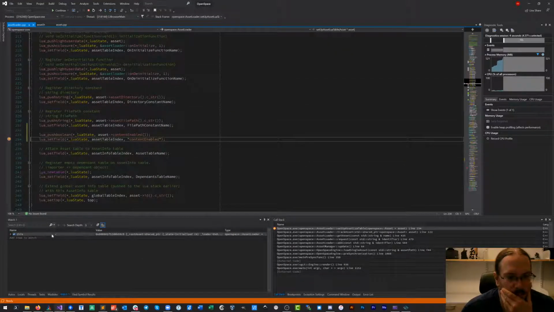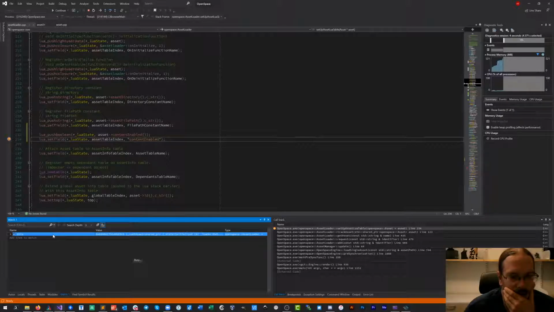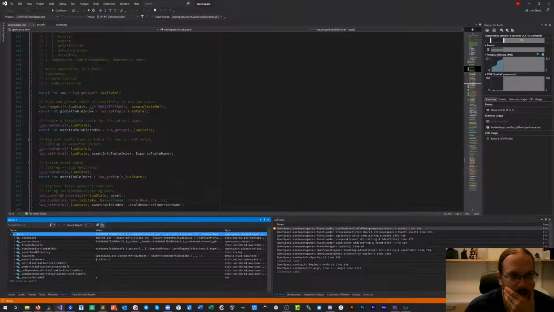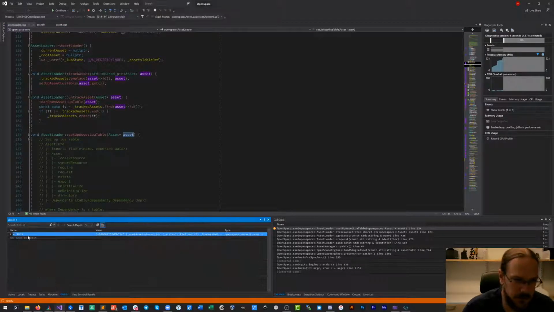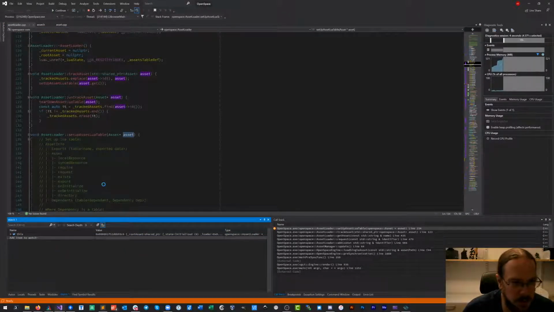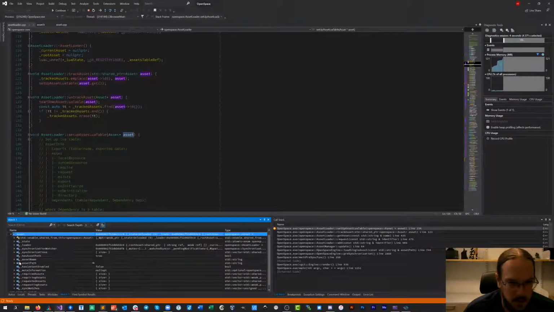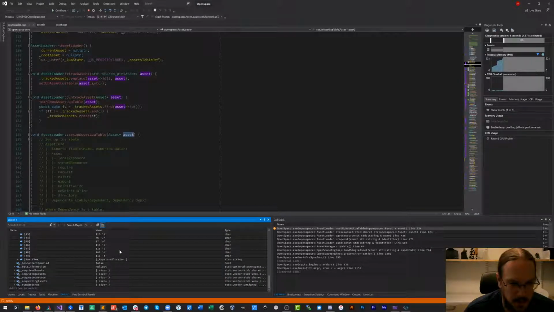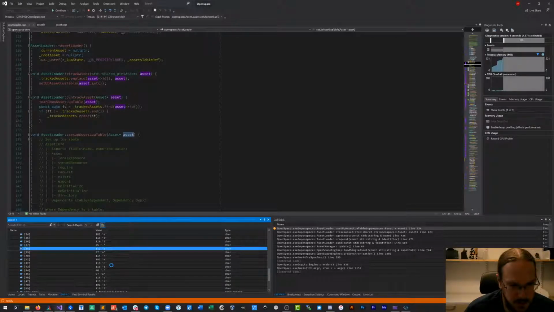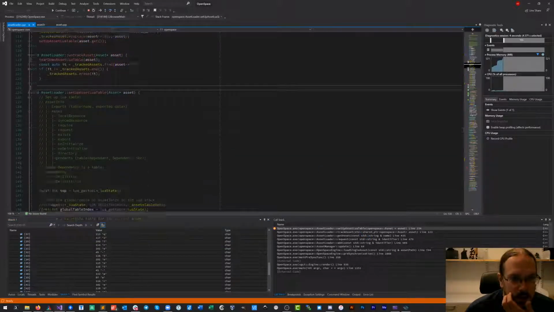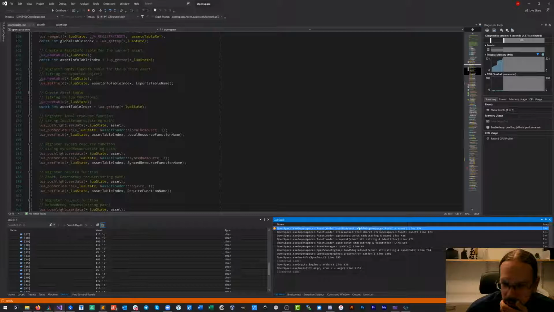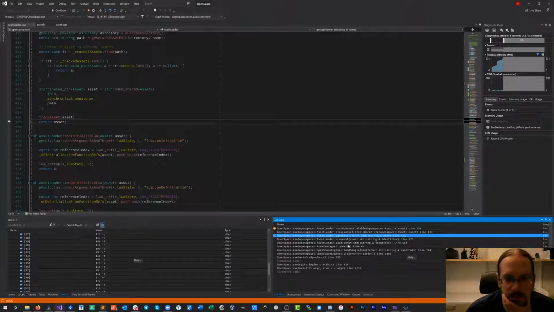Okay, so we're currently looking at, I want to have a look at what the asset is that we're loading, because this is probably still the parent. Yes, so this is still the parent. That's not good, but we can at least check when that is happening. So calling setup Lua from track asset, from get asset, from request.